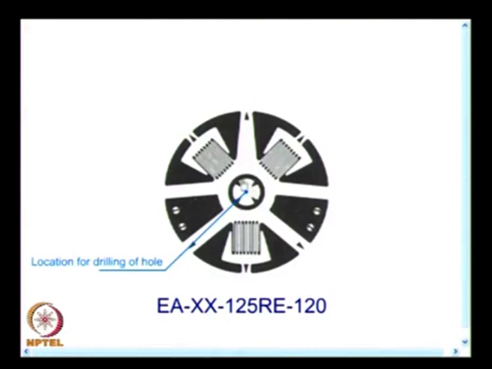You have a provision to drill a hole at the center, and you have a very sophisticated drilling gadget that comes along with this. So, the idea here is, when you drill the hole, the stresses get relieved, and those relieved stresses are sensed by these strain gauges, and you have expressions available from the manufacturer how to interpret and find